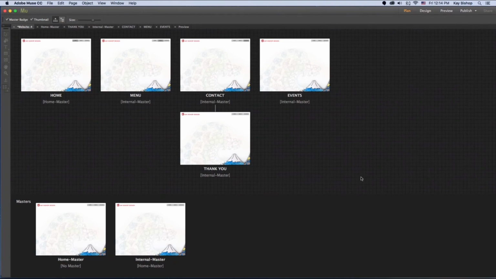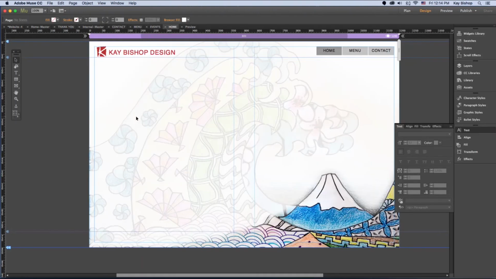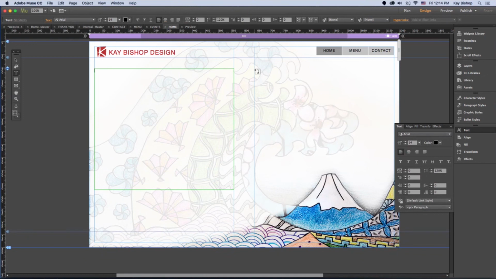So now I've got a few pages set up on my site. What I want for you to submit is some wireframing elements. For example, if I go to this page, I might want to add some text frames. I'm going to add a text frame here and a text frame here. And then in the text, I want to just type in some placeholder text to let me know what's going to go here. Maybe it's an introduction,